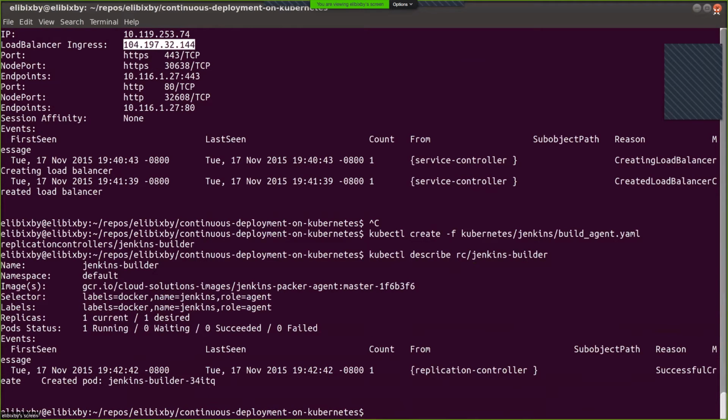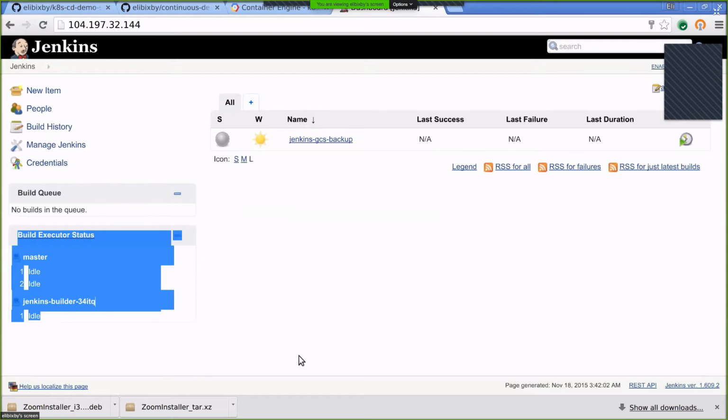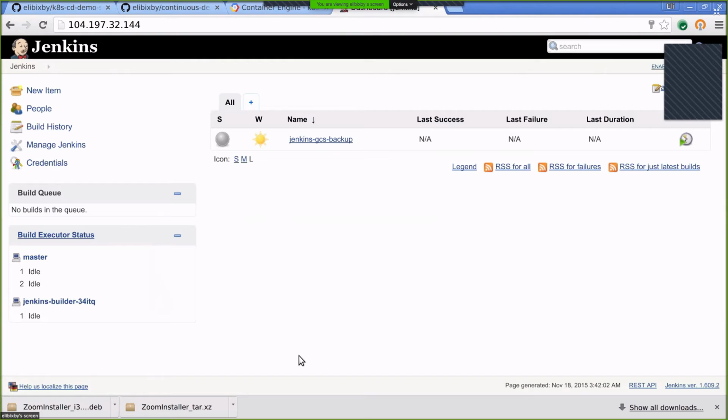What we've done here is create a replication controller. We didn't create a service with this one. We don't need an IP to address these. They're going to talk directly to the Jenkins service. So you'll see we have one current, one desired, sort of the expected state and the current state, and we have one running. Great. And if we go over to our Jenkins cluster, we see, yes, indeed, that agent has registered with Jenkins. What's actually happening in the container that we're creating is we're running the Swarm client, if you're familiar with it, and we're using DNS entries that Kubernetes provides for services to find the Jenkins service itself.